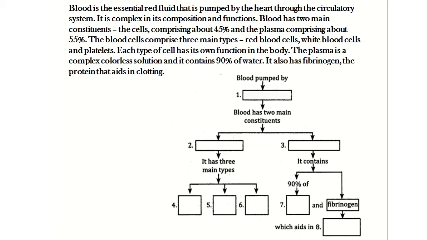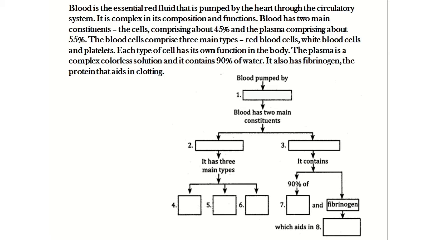It is complex in its composition and functions. Blood has two main constituents, the cells comprising about 45% and the plasma comprising about 55%. The blood cells comprise three main types: red blood cells, white blood cells and platelets. Each type of cell has its own function in the body. The plasma is a complex colorless solution and it contains 90% of water, and it also has fibrinogen and proteins that